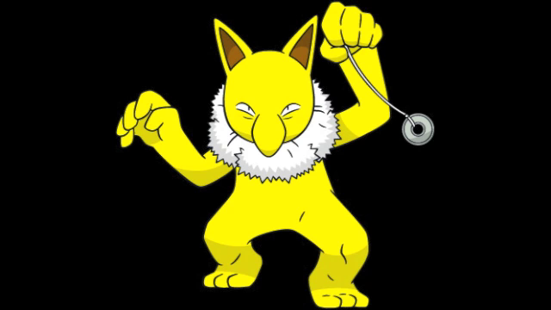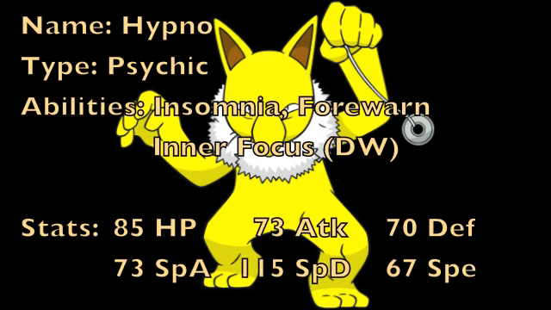Let's get started by taking a look at this Pokemon's typing, abilities, and stats. So first off, Hypno is a mono-psychic type Pokemon introduced in Generation 1, so you could say that this guy has been around forever. As to the abilities, the first one that it gets is known as Insomnia, which is